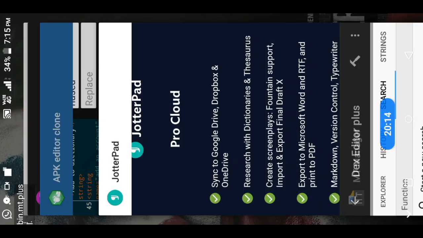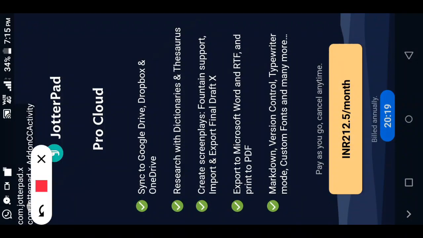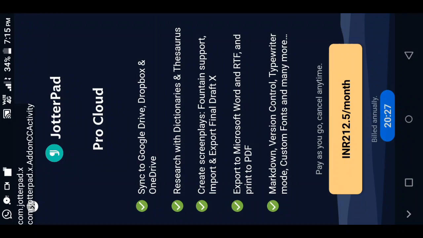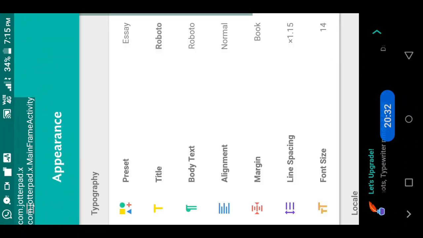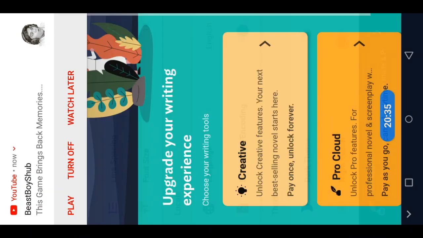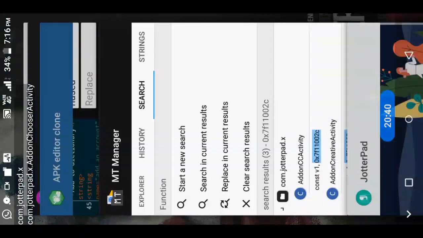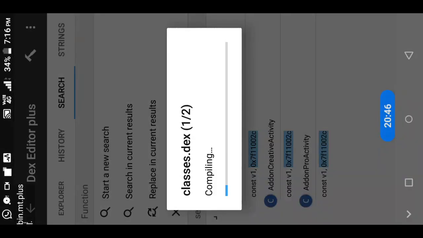Now what's the problem is, we have successfully made the changes such that here it will be purchased, but the features should work, the feature will work or not, we don't know. See, now there are many features like it is locked. For example, dark theme, it is locked. You can see here, when I click dark theme it will go to. So now we have changed this, so let's compile and see it is working or not, then later we can analyze and we can make that it will work in pro features.